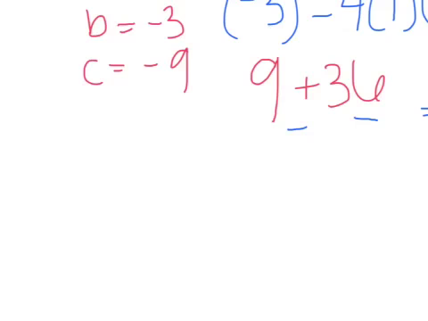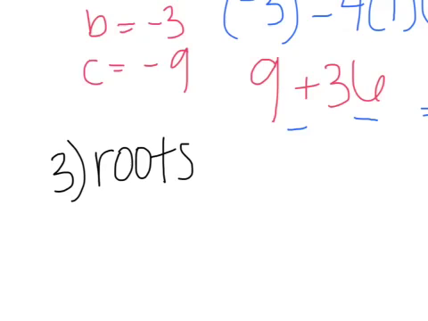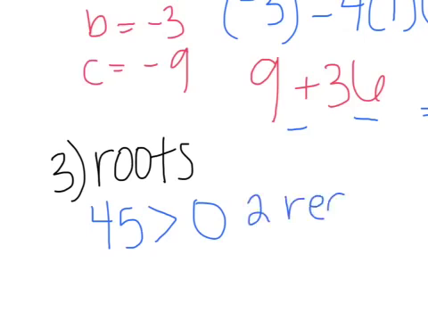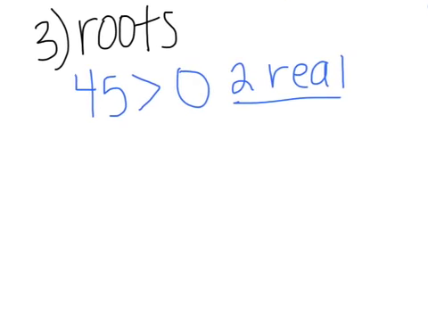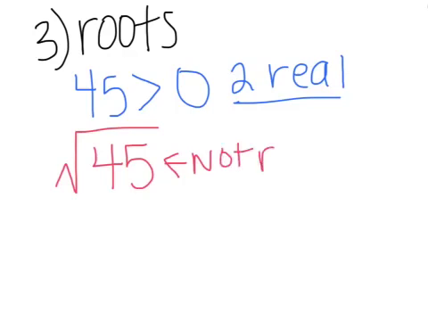And now the third and final step is to determine the roots. So we got the discriminant is equal to 45. So is 45 greater than or less than 0? It'd be greater than. So now we know we have 2 real roots. Now we need to find out if they're rational or irrational, and how we're going to do that is to see if 45 is a perfect square. And it's not. So since this is not a perfect square,